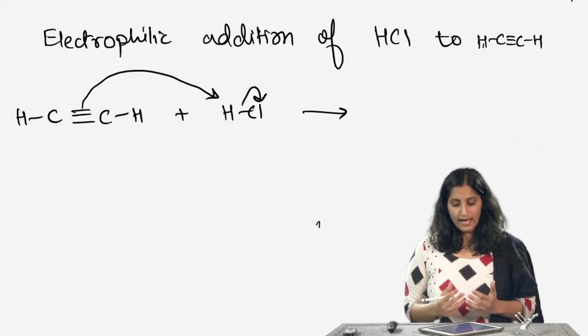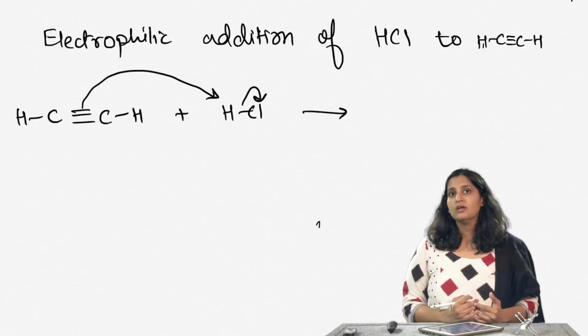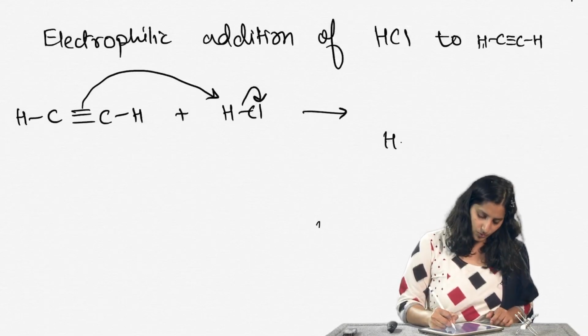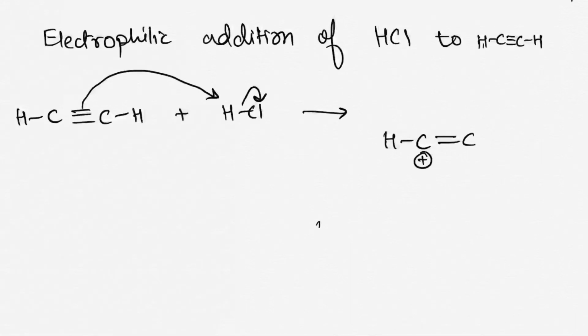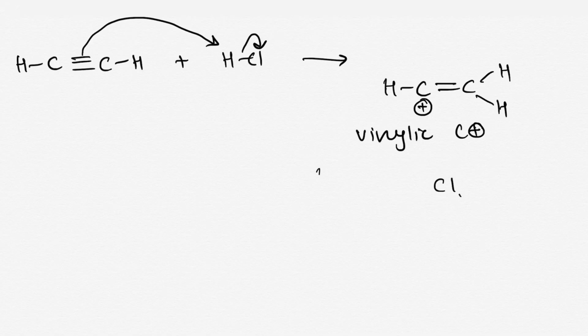So, in the end what happens is hydrogen gets attached to carbon. In this case it is a symmetrical alkyne. So, really does not matter which one do we attach to, and we form a molecule like this, right. This is a different type of carbocation, somewhat different from what we have seen before. This is called a vinylic carbocation. Okay. Vinylic because it is on the double bond. Okay. So, we have formed the vinylic carbocation and we have also formed a chloride ion,